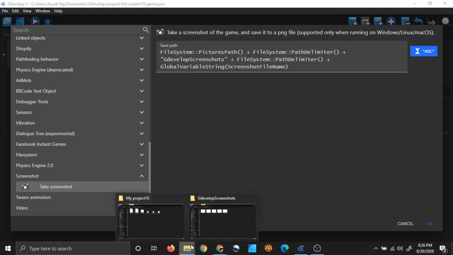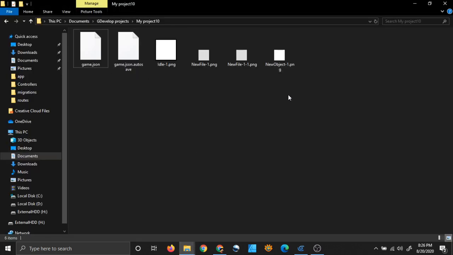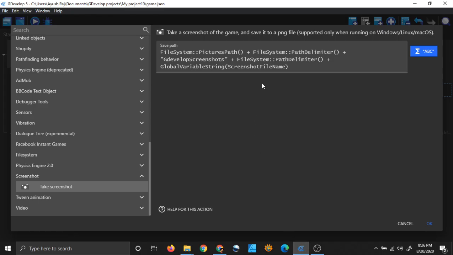If you want to store your screenshots in your game folder, it will not work unless you give the absolute path. So absolute path looks like this. I mean, in Windows it looks like C colon slash and then user slash username, something like this. That's what we are doing here. We are supplying an absolute path, but our absolute path is not dependent on Windows only.